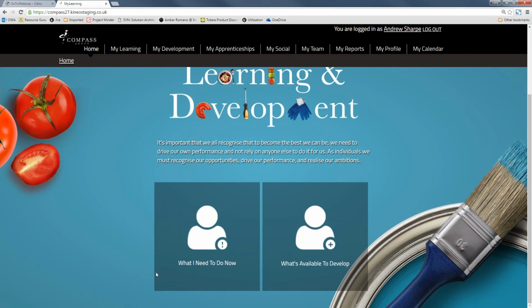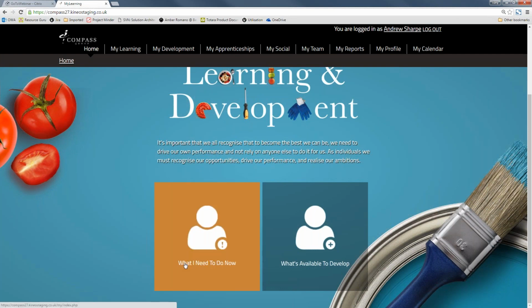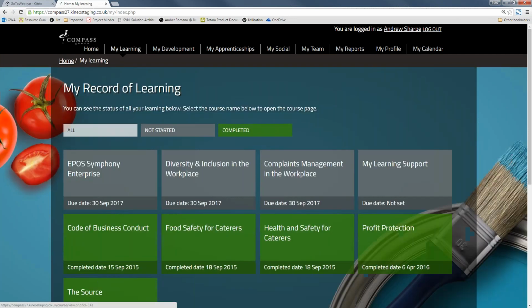So the first button is literally, what do I need to do now? So this is what's been pushed out, and this is what the learner has to do before they can either be employed by Compass to undertake their duties, or it's something relevant to their role. So if I literally just select that button now, I'm then taken through to a menu that we've developed